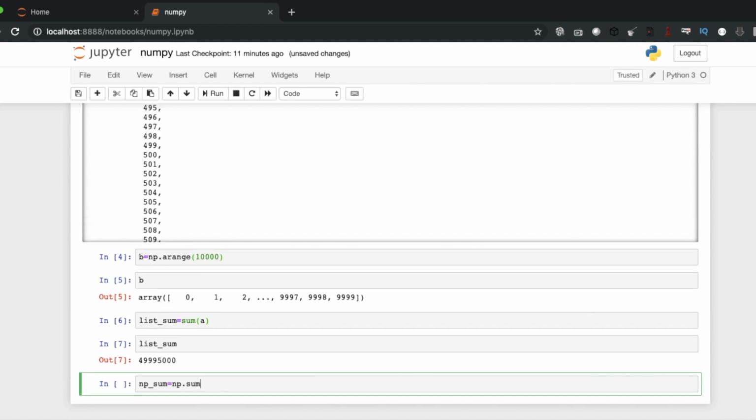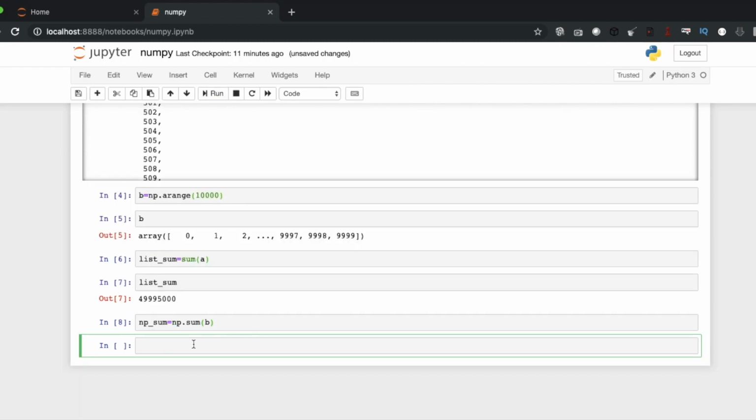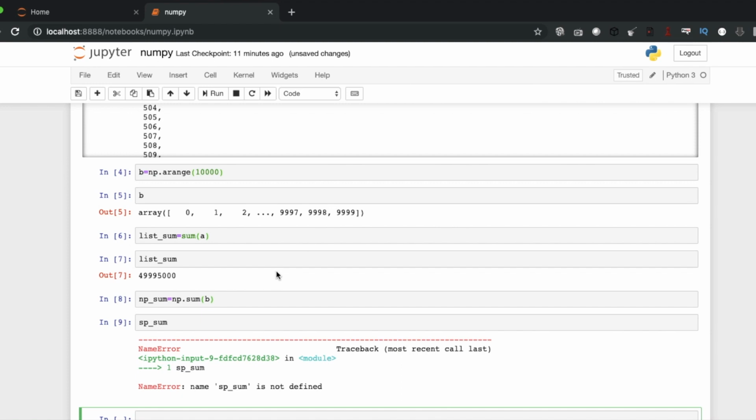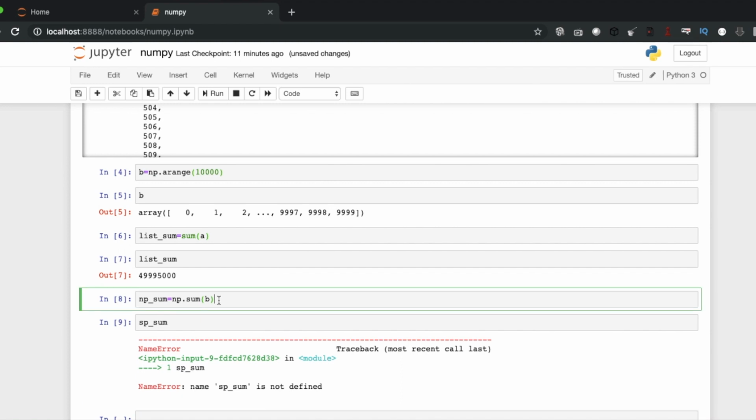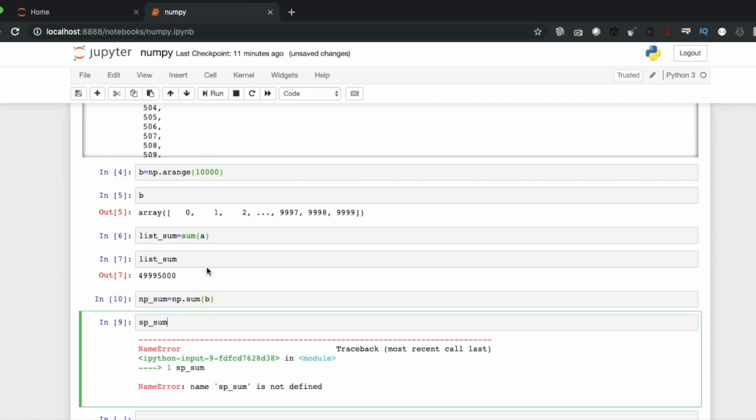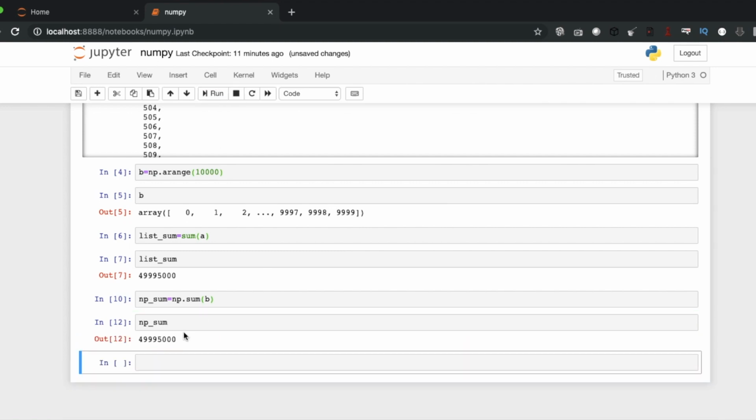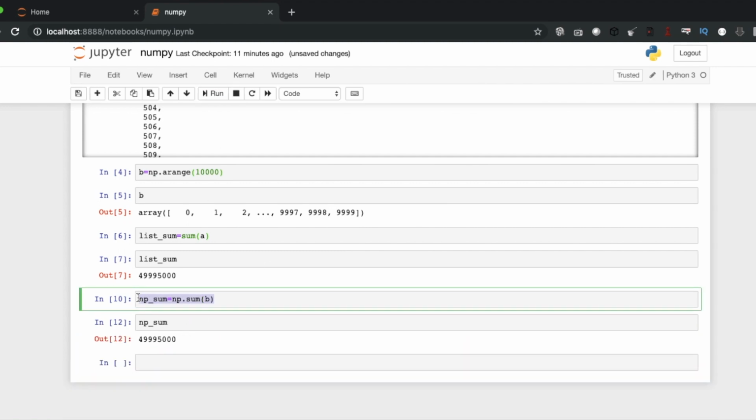I'm using the numpy sum function and just do it for b. So np dot sum. So this is the same thing, same result.